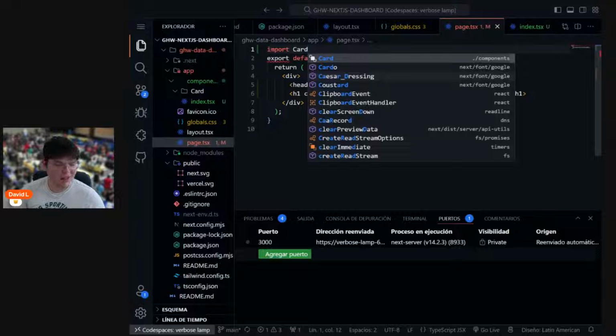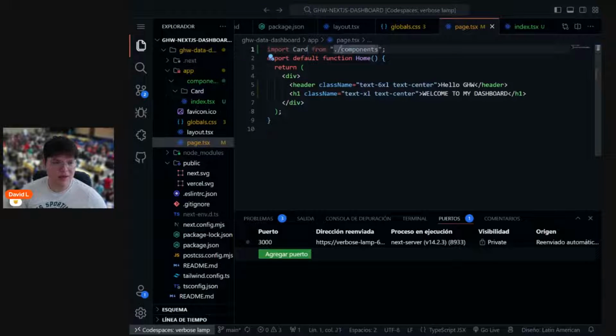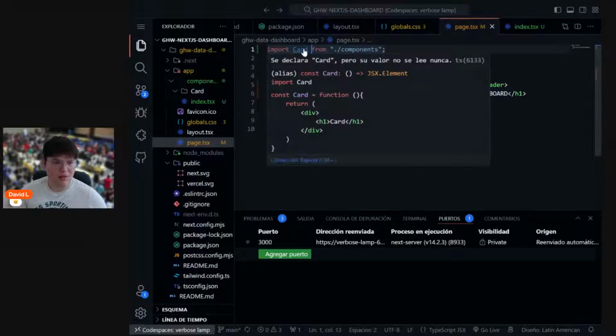Sorry for all the noise. I don't know why it feels like F1 today. But yeah, VS Code helps us to already import things from components. So as you can see here, card is already being